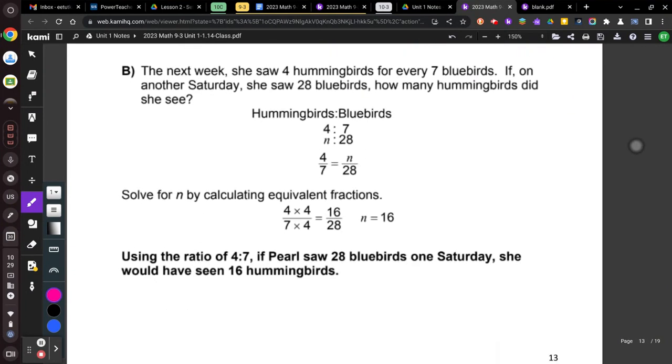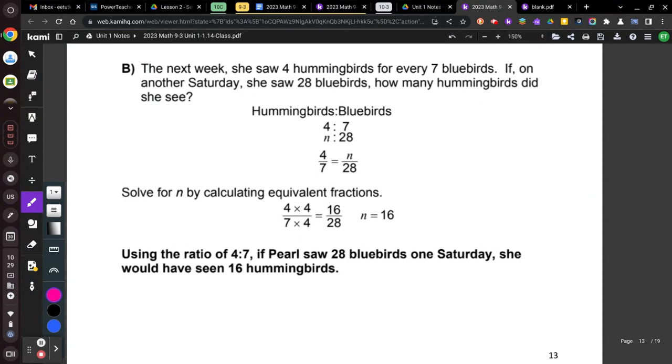Okay? So now B says she's seeing hummingbirds, 4 for every 7. So again, we're going to set it up. Hummingbirds to bluebirds, H over B. And over here, we've got hummingbirds, we don't know, over bluebirds. So again, we're going to cross multiply, then divide. So you always multiply the numbers that are diagonal. So think diagonal disco. Disco those numbers. All you're doing is multiplying. It's kind of fun. Okay. So we're going to get n is 16 after you cross multiply. So we're going to get 4 times 28